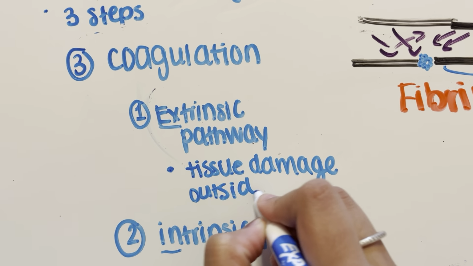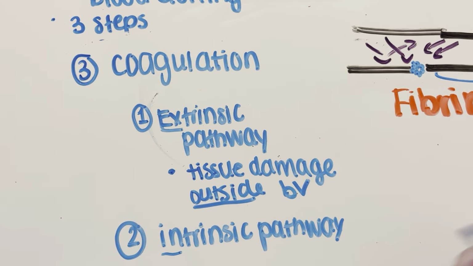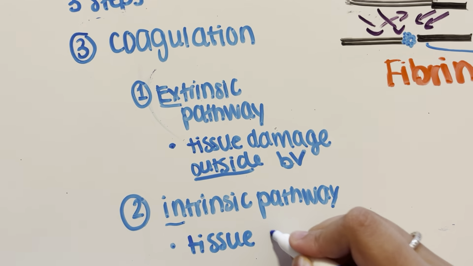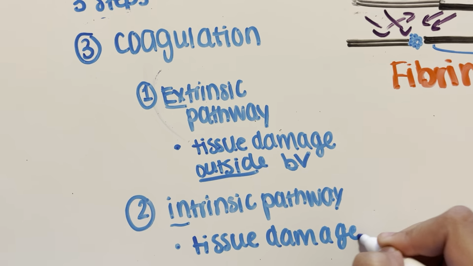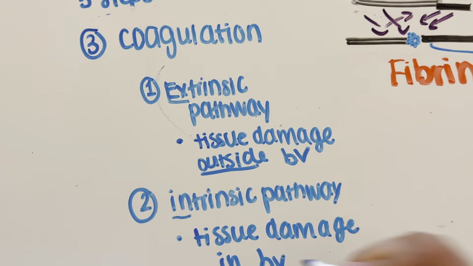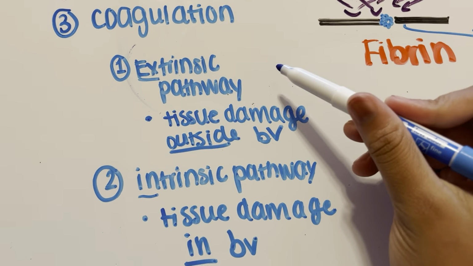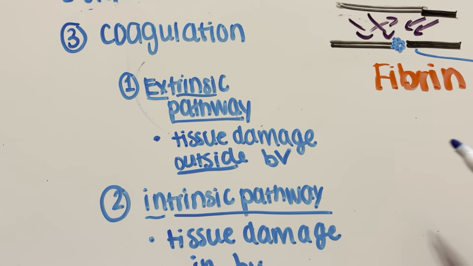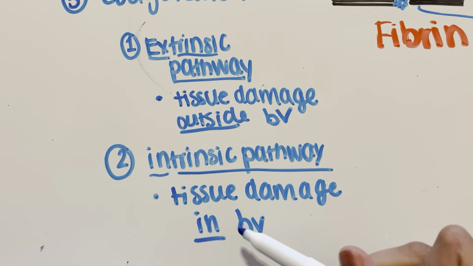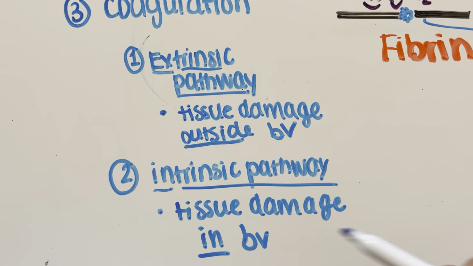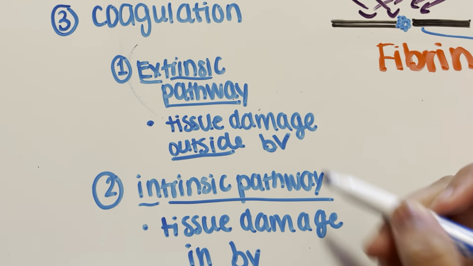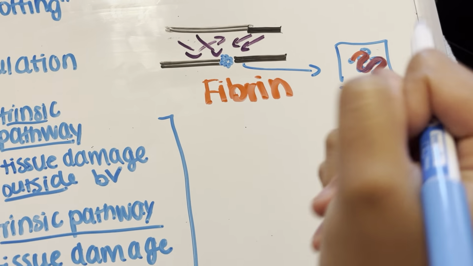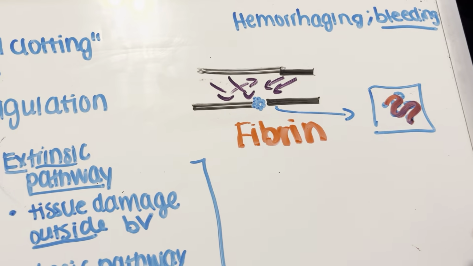outside the blood vessel. And intrinsic, can you guess what that means? It's tissue damage inside the blood vessel. So there's tissue damage in both of these pathways: one is outside tissue damage and one is inside tissue damage in the blood vessel. These are just two different pathways, but the formation of fibrin, which remember is important for securing the clotting that's happening right here,